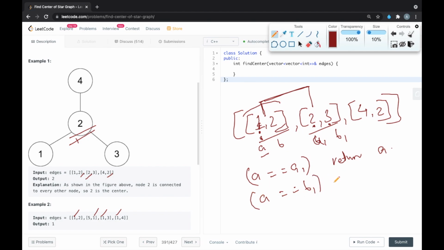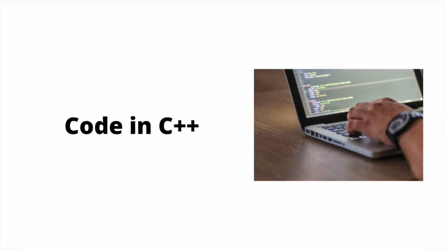So if these two are equal, then we will return A. Now if any of these two doesn't match, meaning comparing this 1 with 2 and 3 does not match, then B is the element which is common, so just return B. So after doing two comparisons, we can find out the common in these two. So now let's code this in C++.